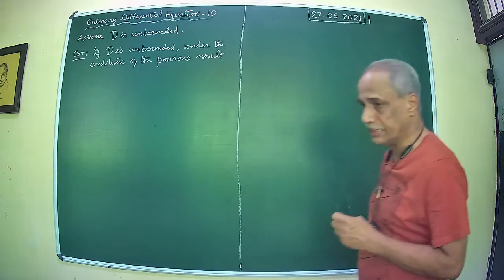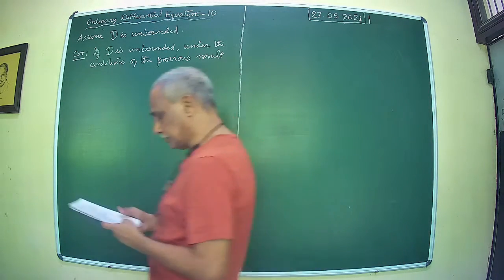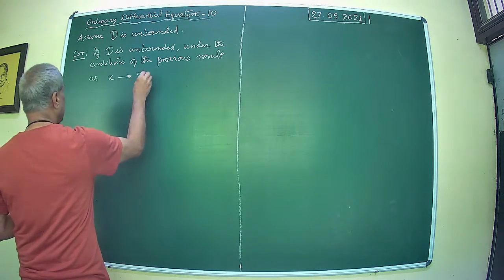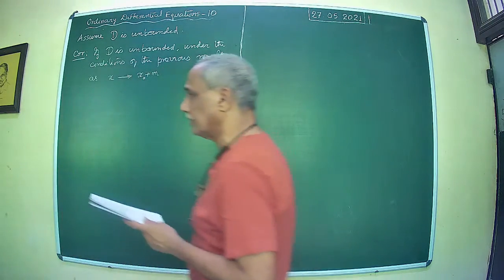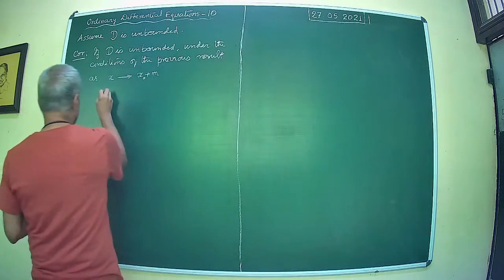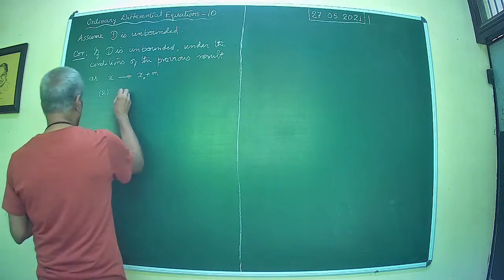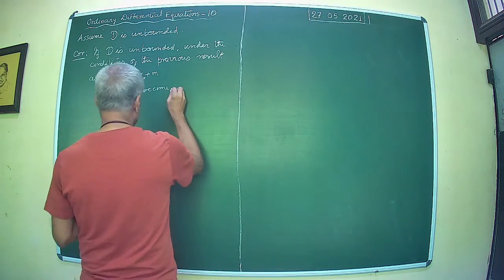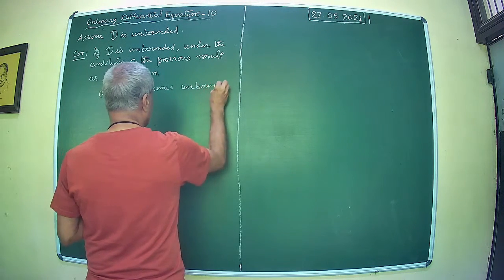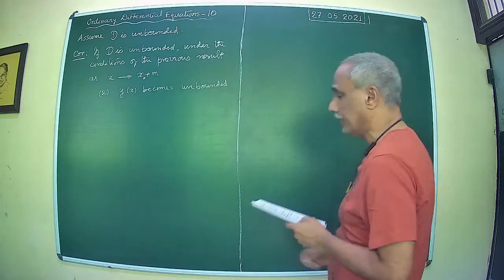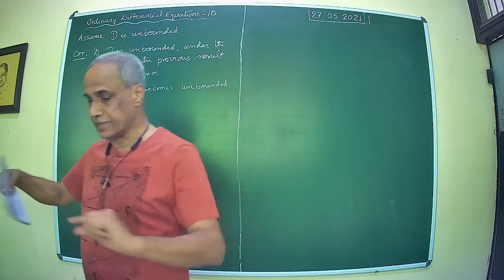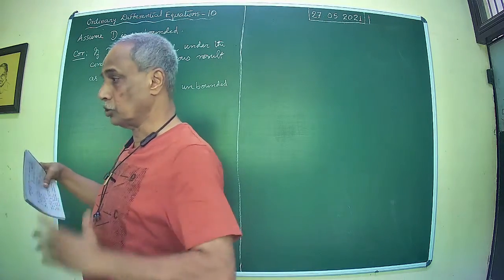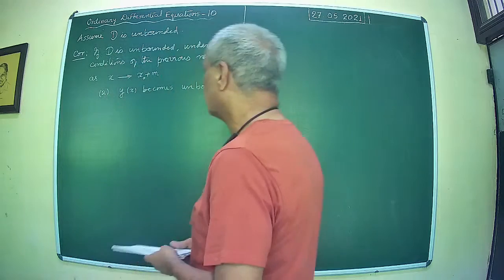that means the function is continuous in the domain and the function is locally Lipschitz. As x tends to x0 plus m, that is the extent to which the solution is defined, there are two possibilities. Y of x becomes unbounded, as we have seen in the case of y derivative equal to y square: as x tends to x0 plus 1 by y0, that is your x0 plus m, the solution becomes unbounded. Okay? Or